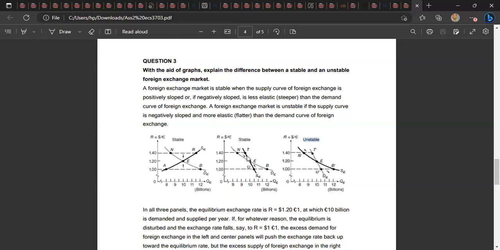The same applies there. But if you're dealing with an unstable currency now, you can't do the same policies. If you look at this example here, this is your supply and this is your demand. So let's say you depreciate your currency here, and this is what your supply curve looks like. So basically what's happening here is